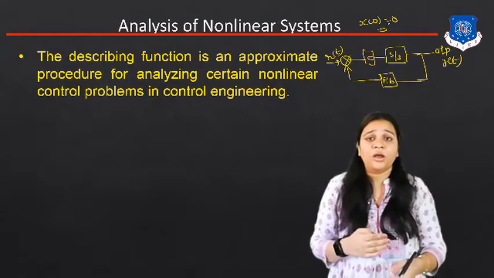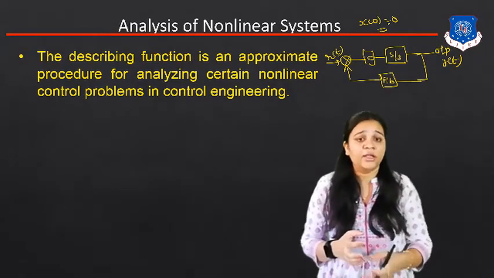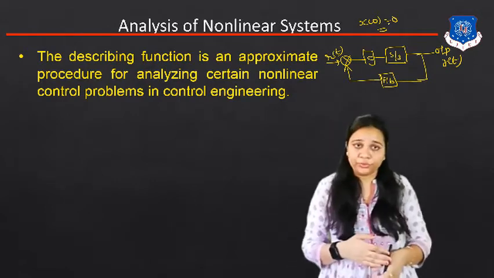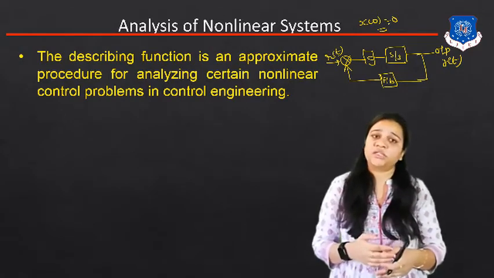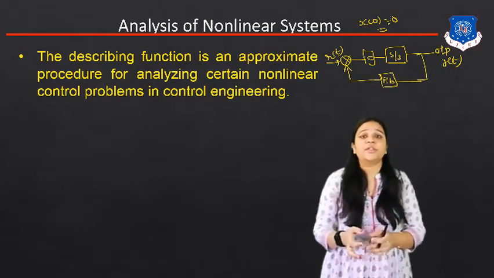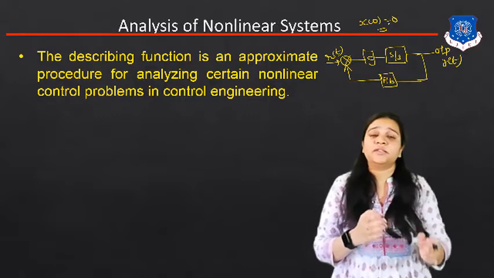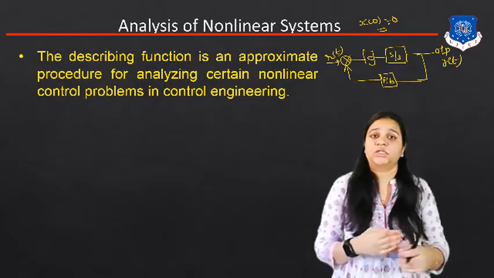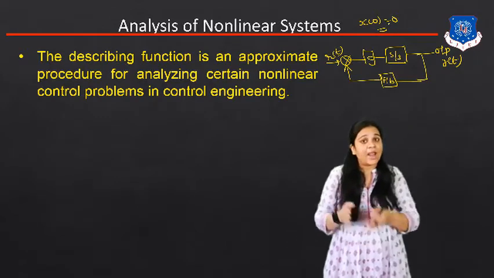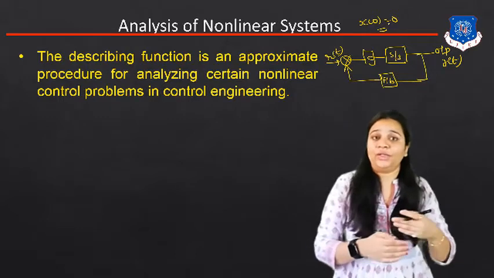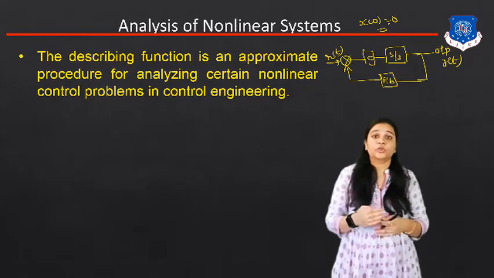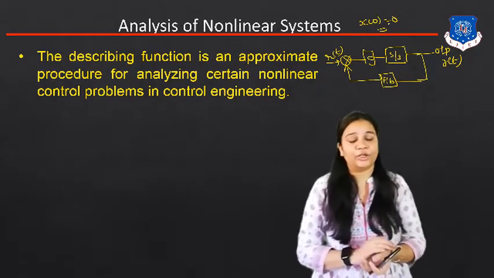So first of all, our target is to find which type of system the particular control system is, because once we know the system's linearity, we then find its stability. If it is a nonlinear system, the first target is to convert the nonlinear system to a linear system. But in some cases it is not possible to convert every nonlinear system to a linear system, so we have to apply another method to find out the stability of that system.